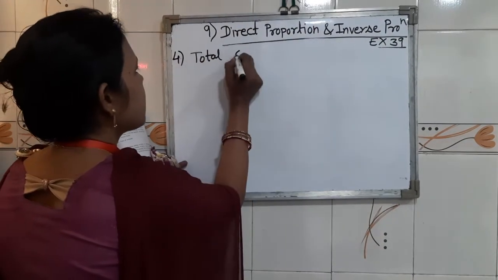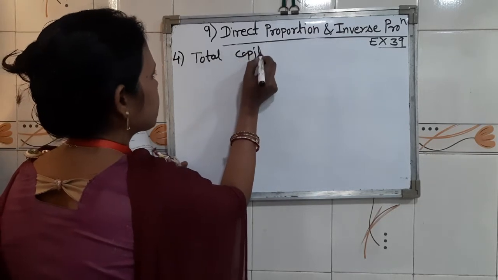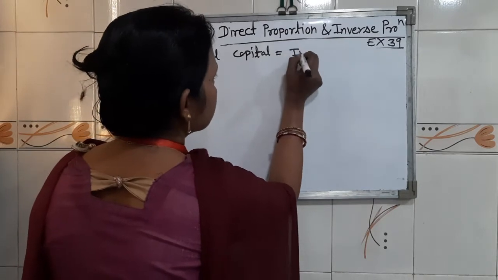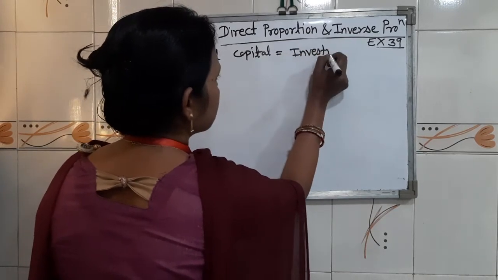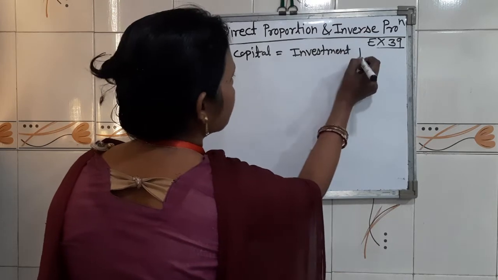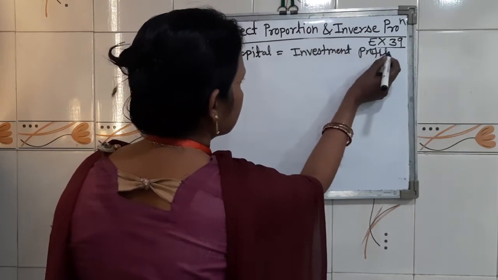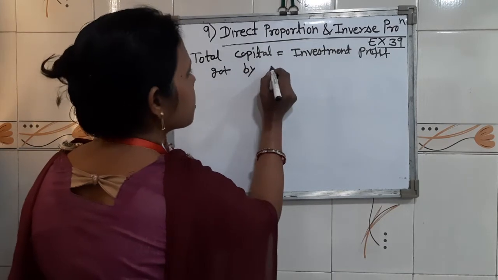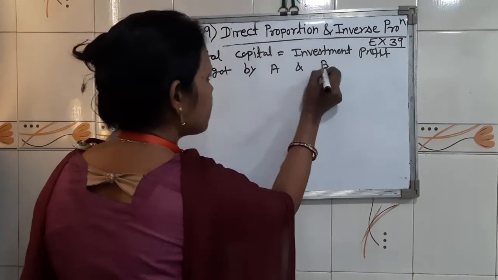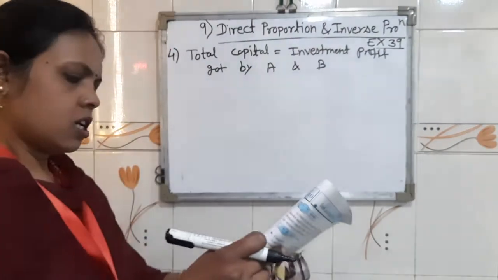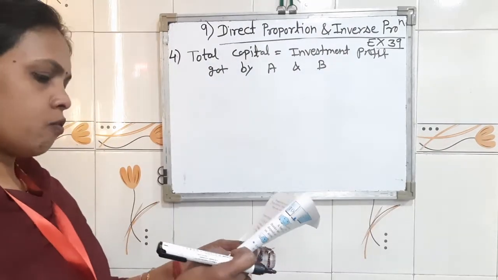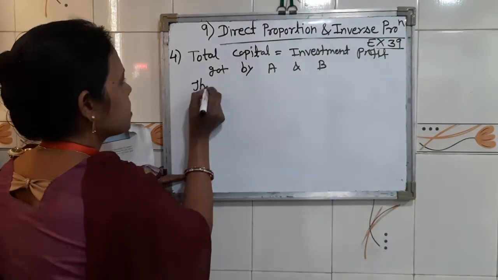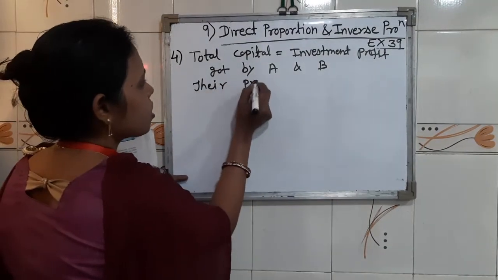Total capital equal to investment, profit got by A and B. After that they got profit of 24,500. Their proportion, we will write their proportion